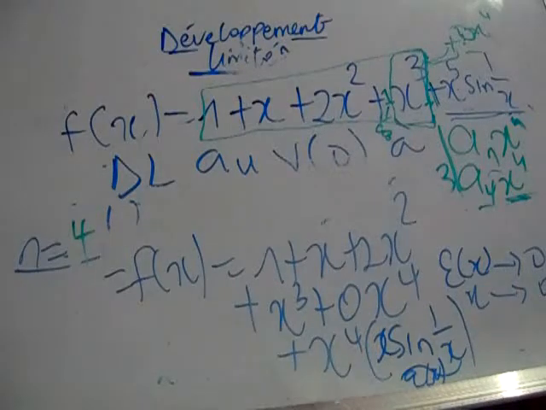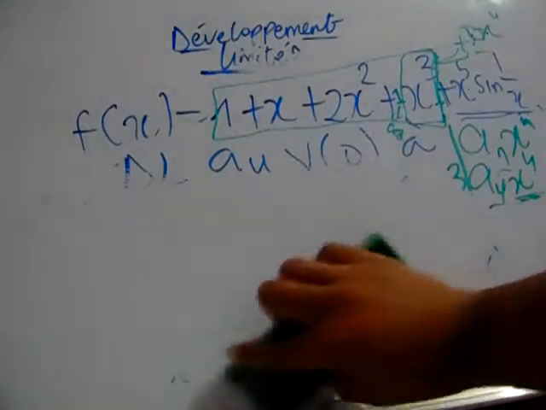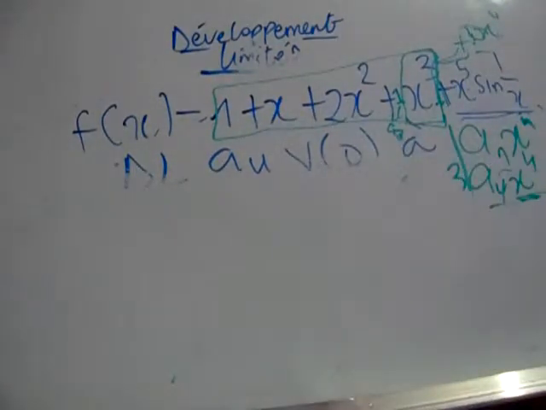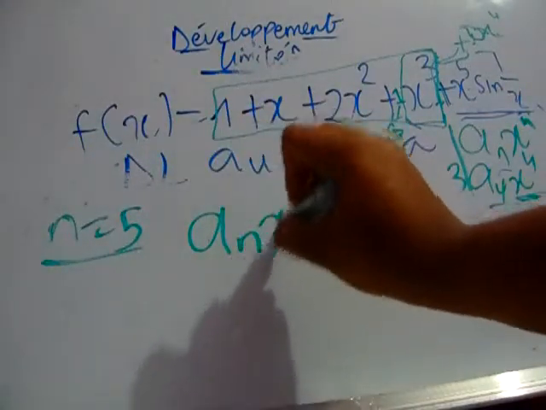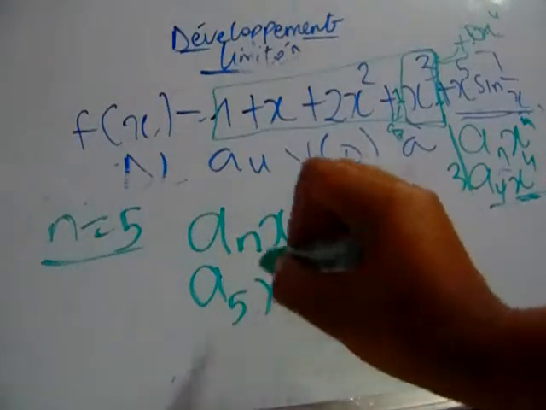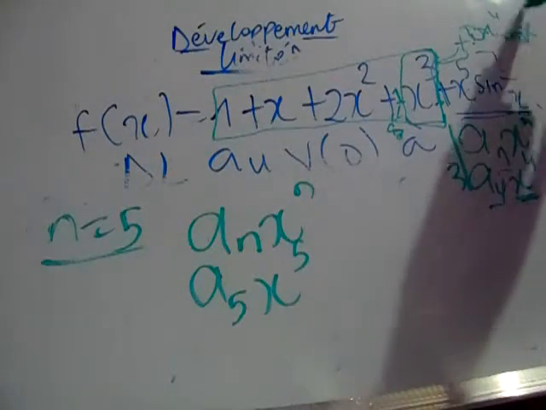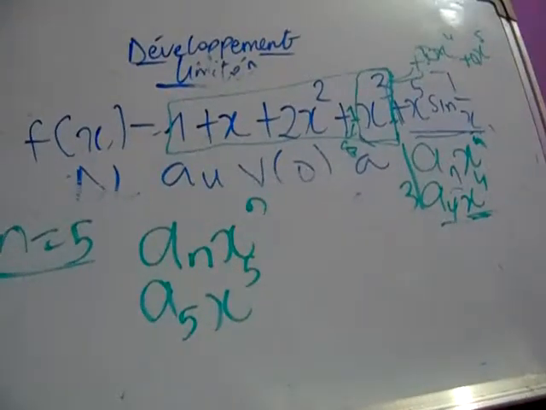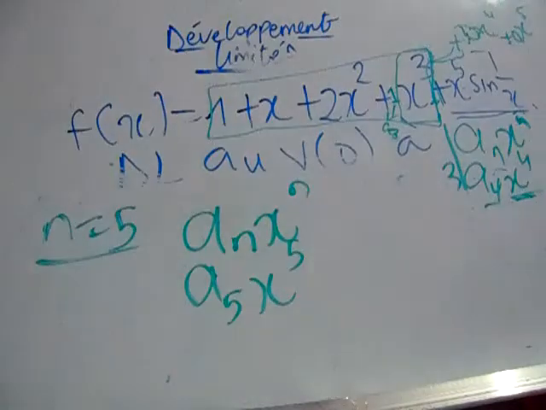So finally for n equal to 5, maybe you can also try it. You can pause this video and try out n equal to 5. For n equal to 5, it means we have an x raised to the power of n, that's a5 x raised to the power of 5. The same thing here. We don't have it here, but we can create it. We can create 0 x raised to the power of 5. So that means we'll be having